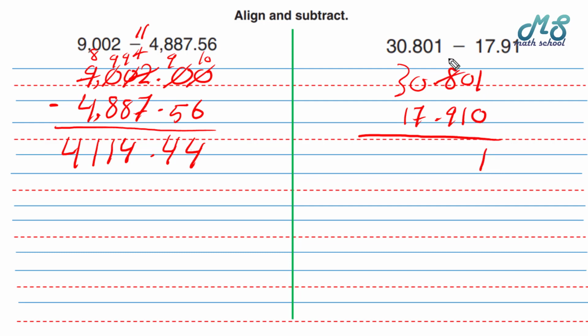Rename, cut 8 and write 7. Cut 0 and write 10. 10 minus 1 is equal to 9. 7 minus 9, it doesn't work. Rename again, cut 3 and write 2. Cut 0 and write 9. Cut 7 and write 17. Now 17 minus 9 is equal to 8. Bring down the decimal point. 9 minus 7 is equal to 2, 2 minus 1 is equal to 1. So we get